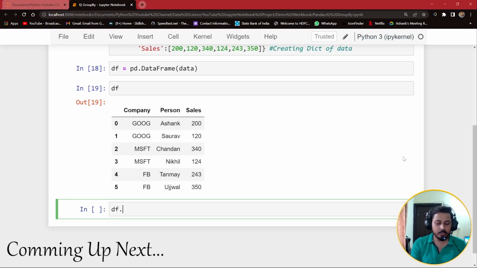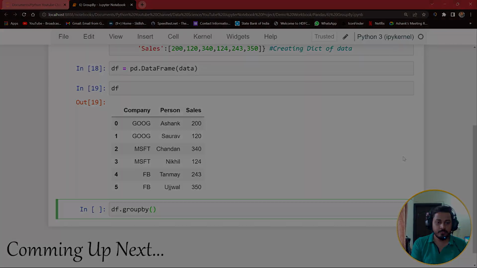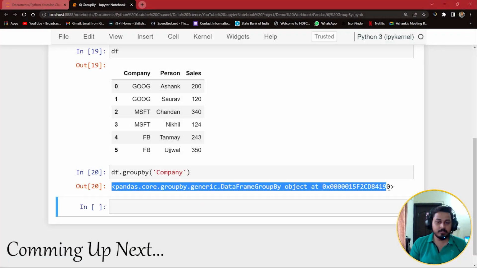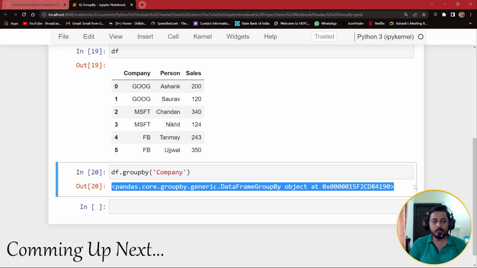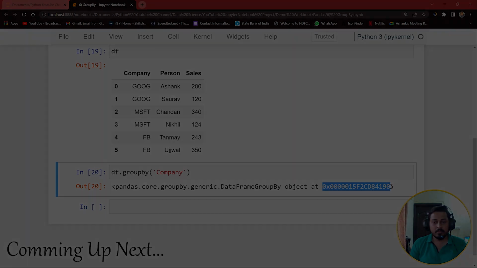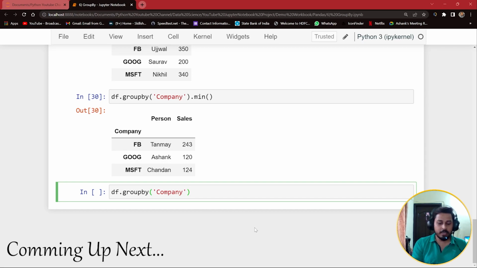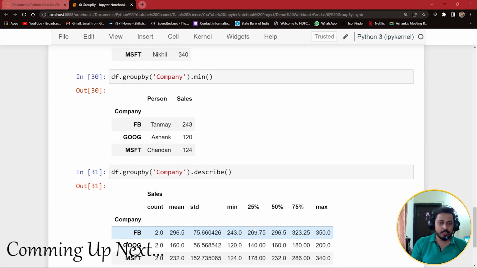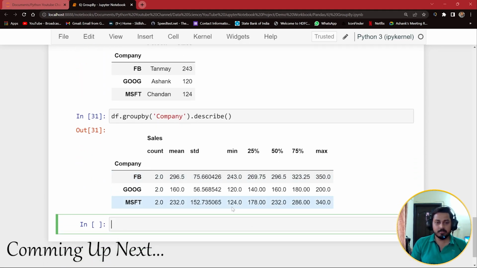So df, I'm going to say dot group by. Group by is a function here, and I'm going to run this. You see what happens? It gives us a group by object at this particular location. A very popular aggregate function we have is dot describe. This dot describe, you see when I run this, it gives us